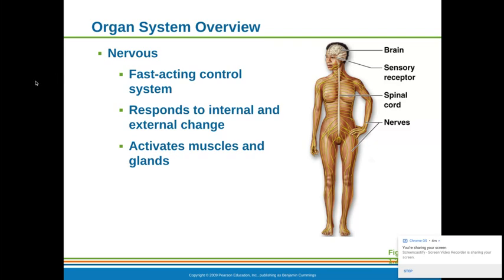Okay, so an example of the internal change is when you get hungry and you decide that you want some food. That is an internal stimulus. It sends a message to your brain to go find food, and then you go to Pizza Hut and get a pizza. External changes, if it is hot or cold outside,